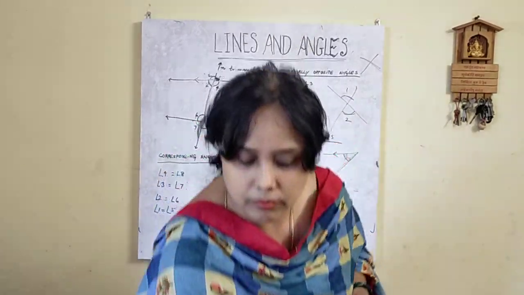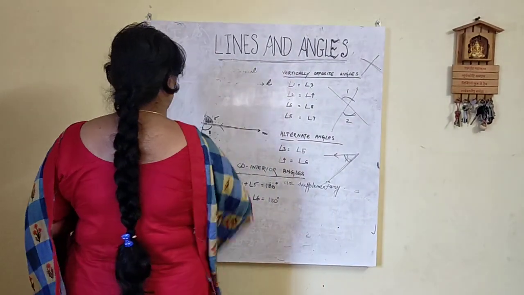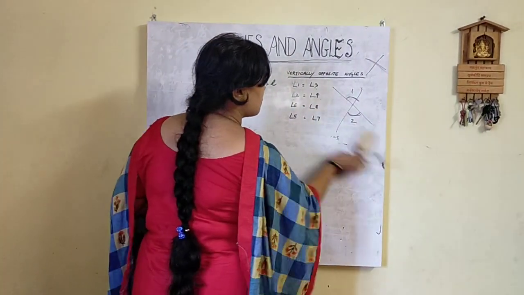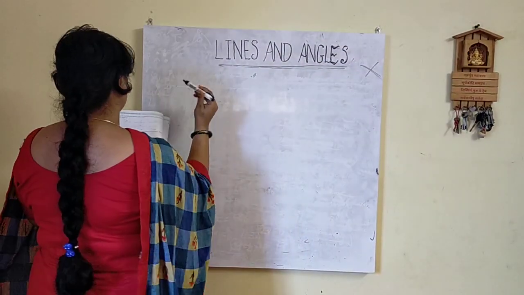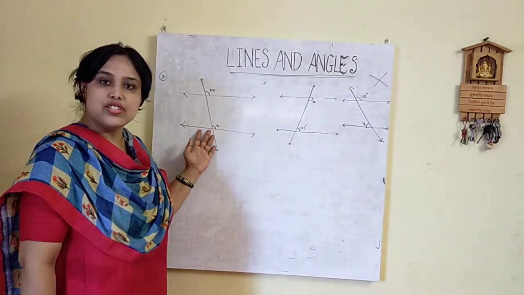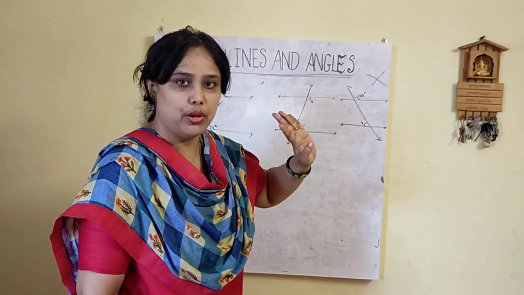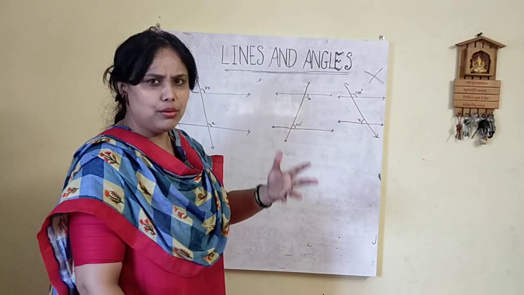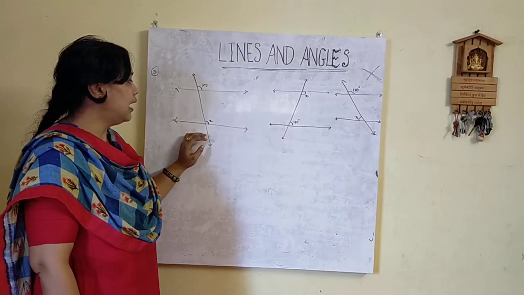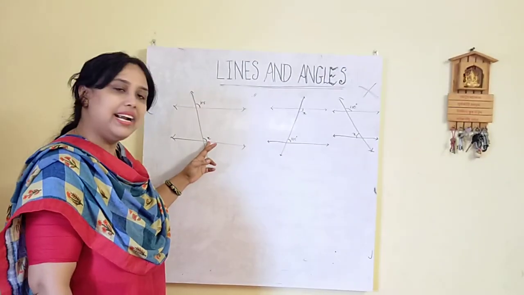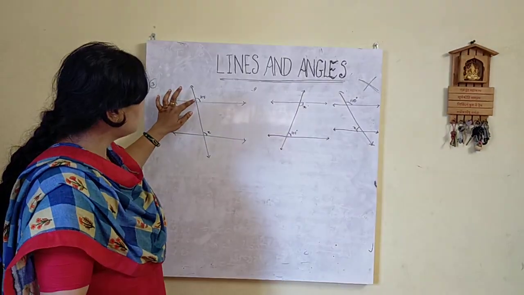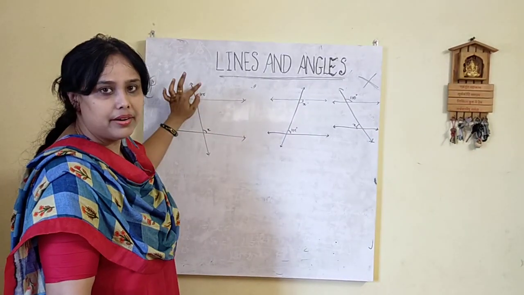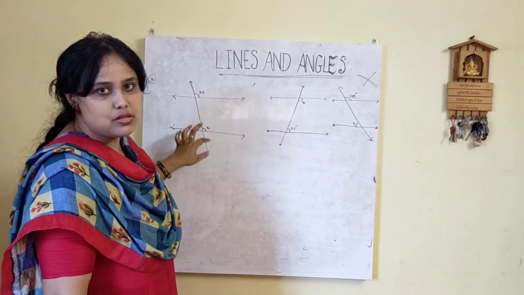I'll directly go to question number 3. Question number 3, it's very simple. Let's see. Now students, I have drawn question number 3, part 1, part 2 and part 3 for you, and I'll give a quick explanation of how to solve. The first one is we have to find angle x. As you have got a clear idea of corresponding angles, you can see that on the same side of the transversal, 100 degrees and x are formed. So very well, these two are corresponding angles.